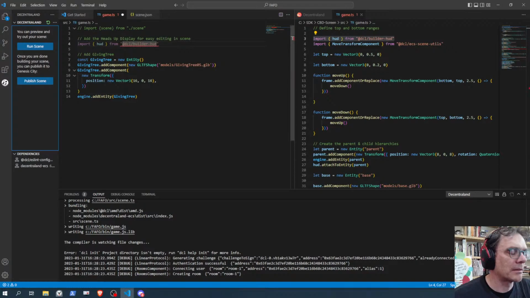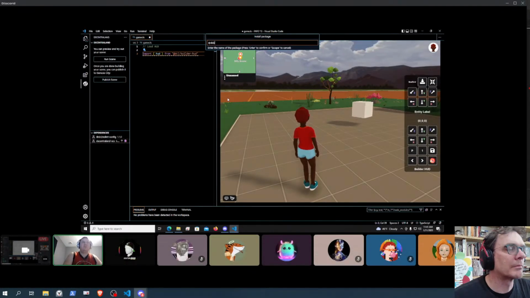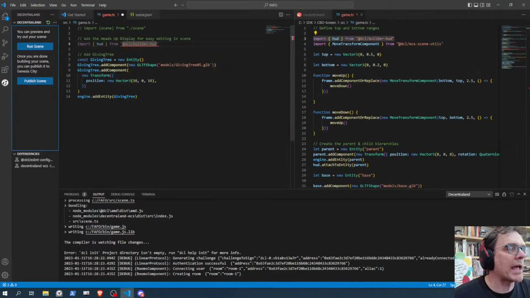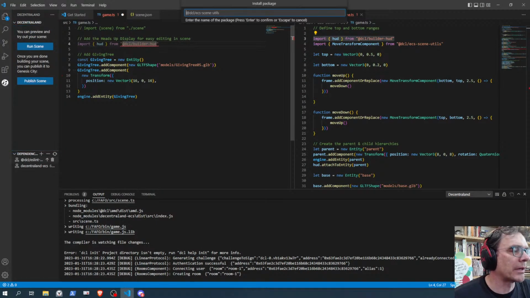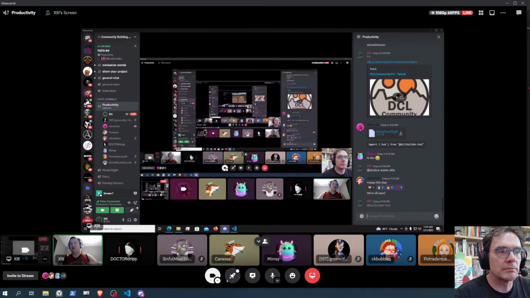There it is. Just type in at DCL / builder dash HUD. Okay, and how then did you get the install package thing up? That little window up top. Dependencies. Oh, add. Okay, thank you. The addition symbol, and then we type in here. I will copy paste into chat.